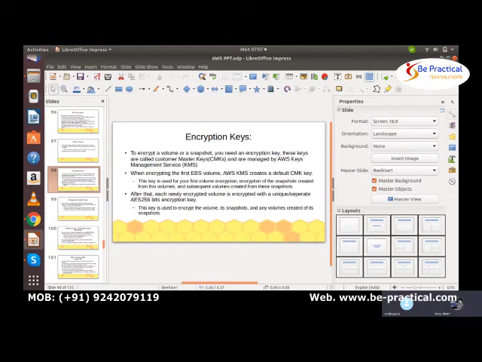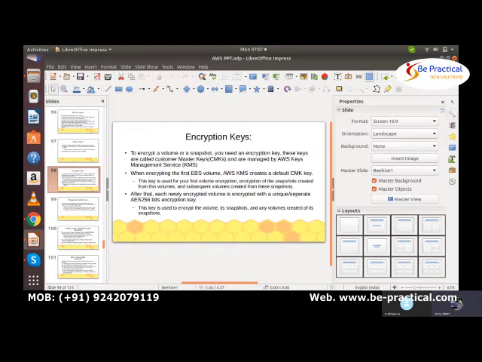Encryption, we do it for securing our data, right? Our EBS volume is stored in a separate network. It is not there in our VPC either. It will be somewhere else in AWS, and we are accessing it from two networks inside AWS itself. Though they say that it is completely secured, we still have to take care of it.